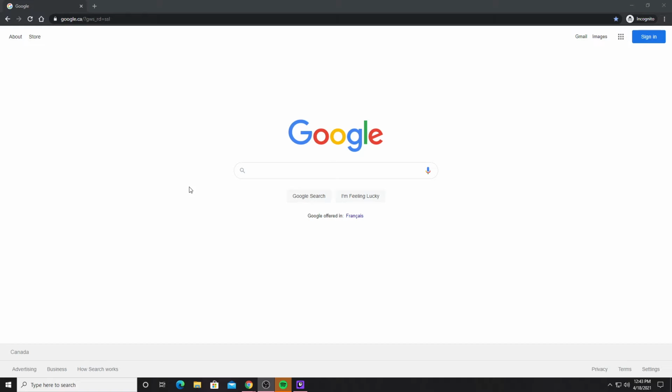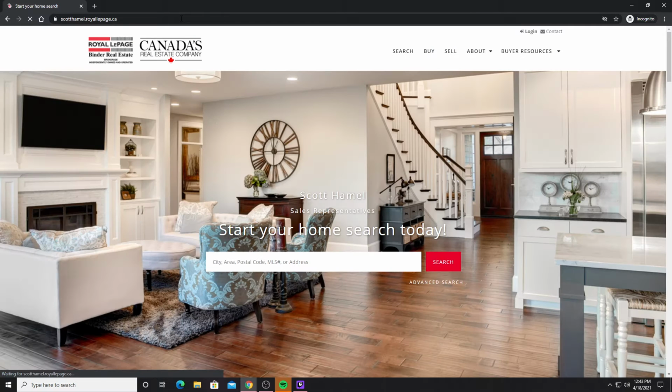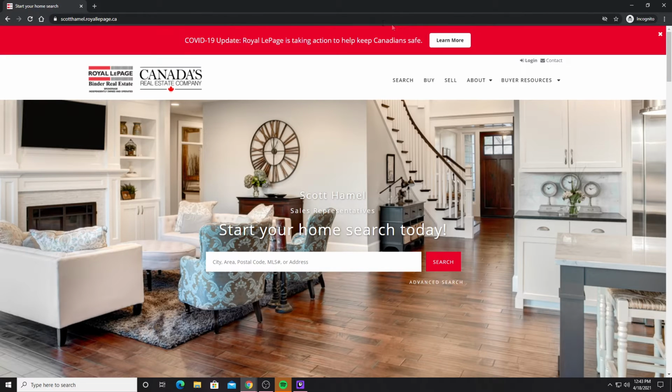Quick tutorial on how to set up auto search alerts on my website. So let's just navigate to www.scotthamel.ca, scotthamel.ca, and then once you get to that page, you're just going to click this login button up here, and